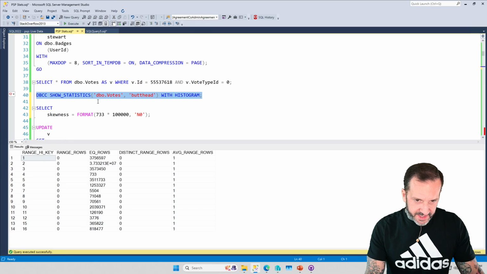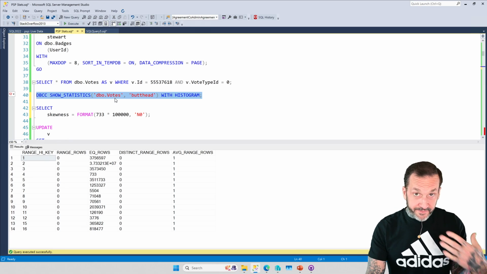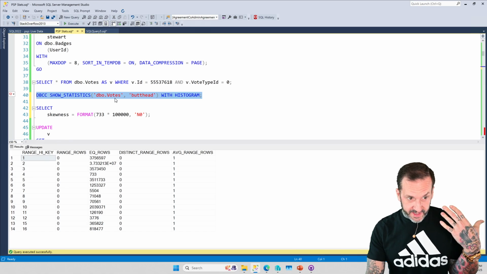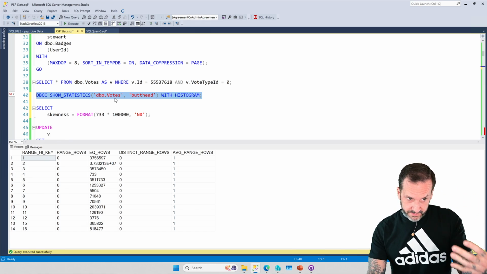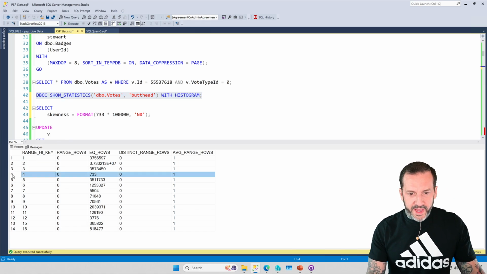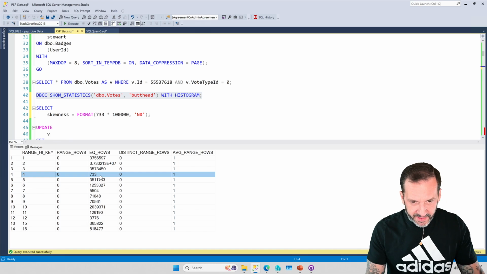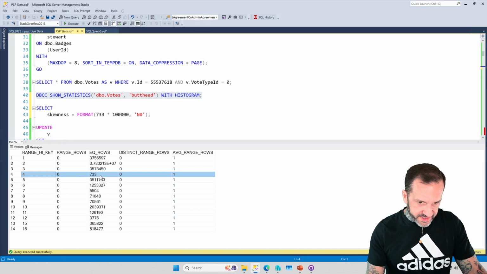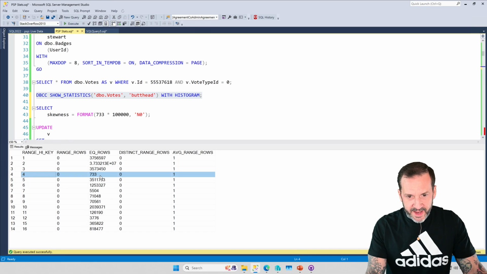So this is the histogram for the votes table. This is a full scan update, like index creation, quality histogram. The lowest value in the histogram, I believe for equality rows, has to have 100,000 times that number by